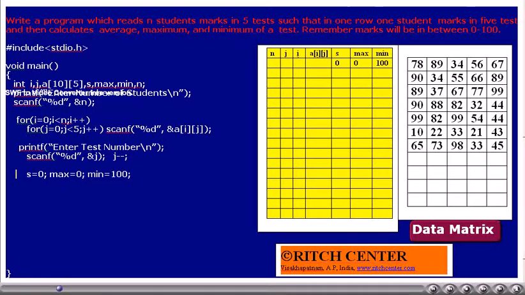However, remember that the second test means column 1 of the data matrix, where you have all the students' marks. Thus, the j value will be reduced by 1.